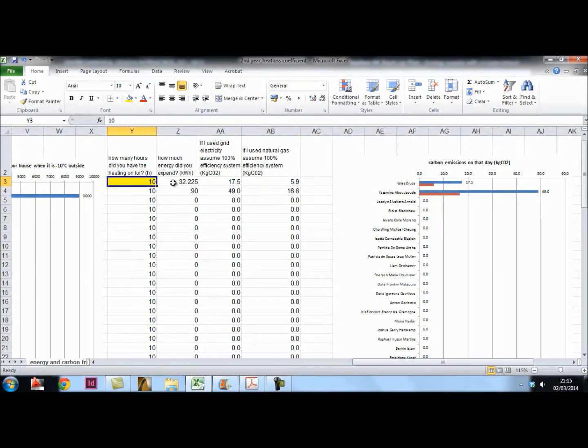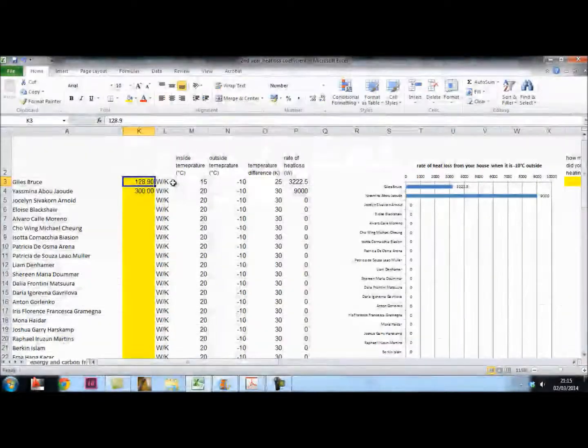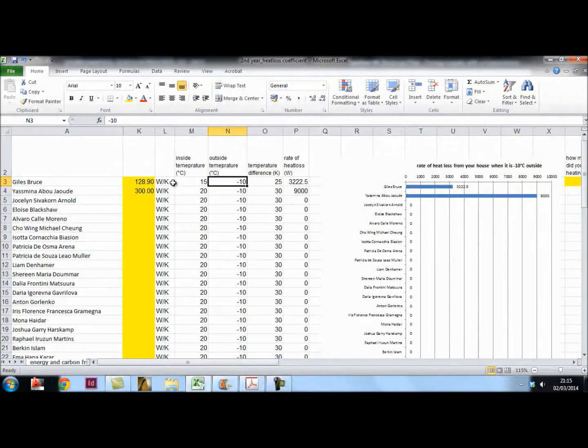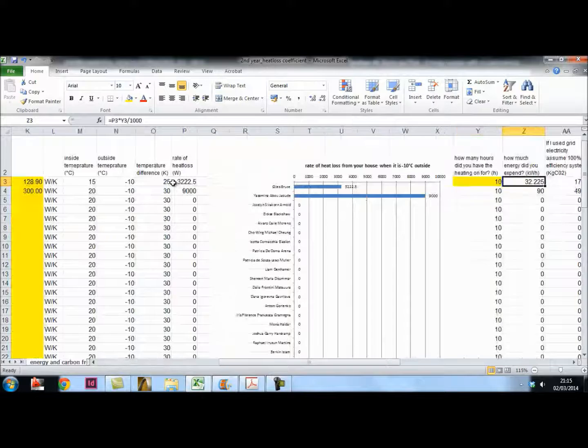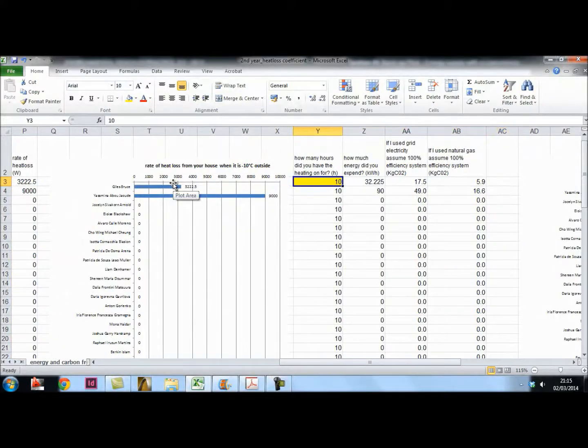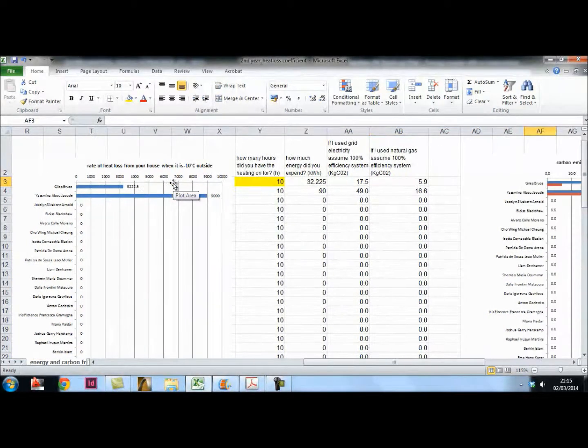Now, a kind of handy thing is, if you're brave, you can begin to build up a picture of what that actually means over a year. How would you go about doing that? I'm not going to do it now, but you'd have to understand that obviously the outside temperature in the month of January is going to change. So you might go about taking the average month of January external temperature, and then that would tell you a rate of heat loss for that external temperature based on your delta T. And then you would have to go and say, right, okay, generally in January I might expect to have the heating on,